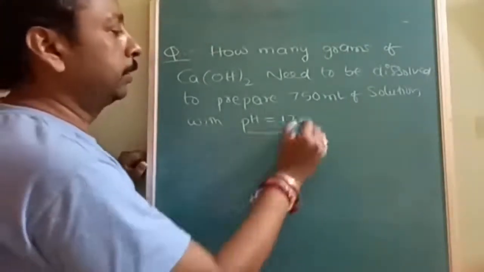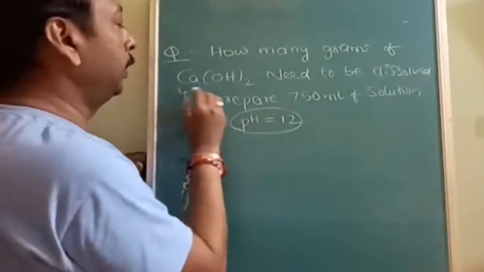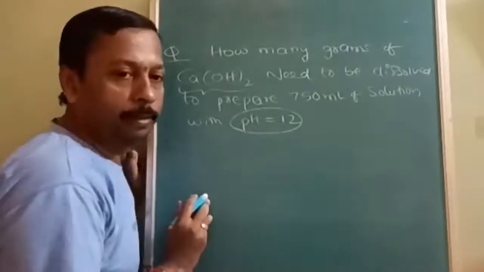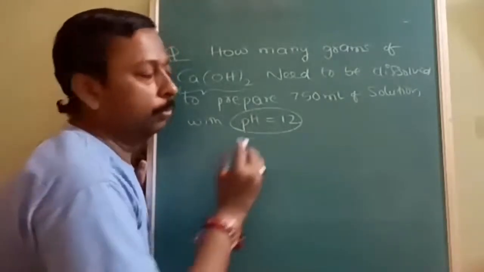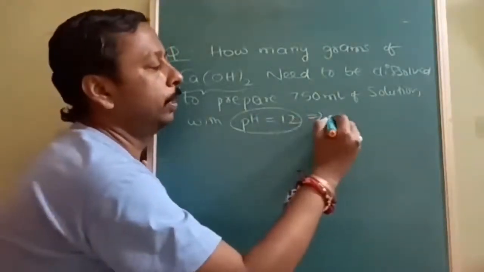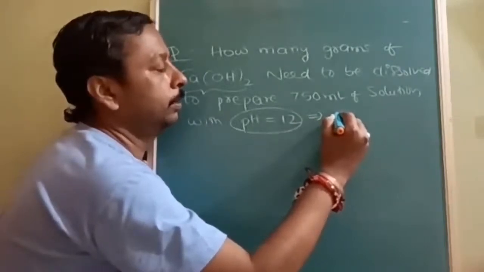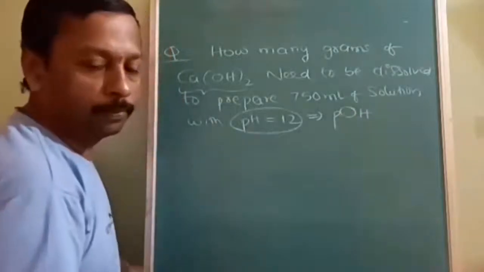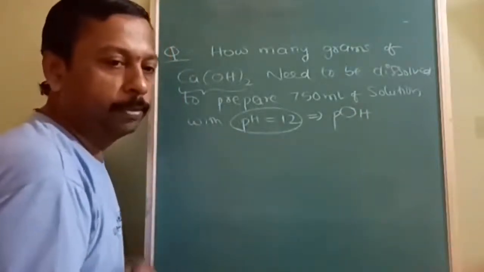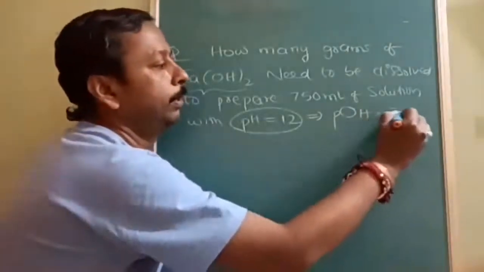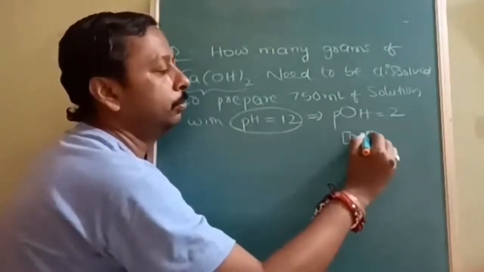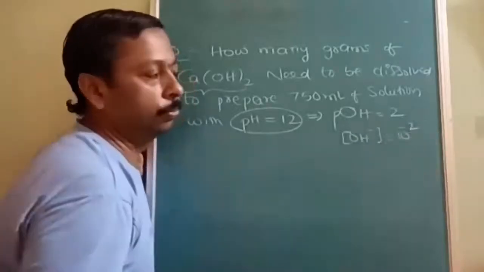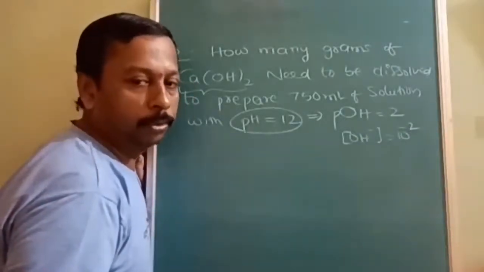Here pH is given, and you have to be very careful. Base, that too a diacidic base. Okay. So if pH is equal to 12, I think now you can understand for bases what you have to take, pOH. For base what you have to take, pOH. Okay. pOH will be 2. So if pOH is 2, then OH minus is going to be 10 to the power of minus 2. Up to here, any doubt you can ask.